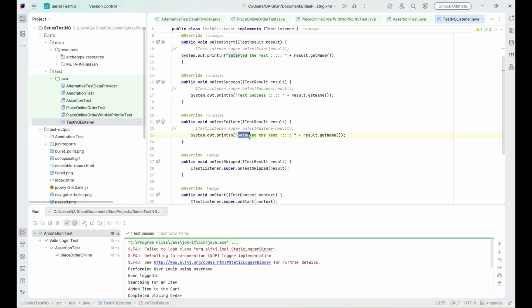On test failure, test fail, and comment this. Test script,